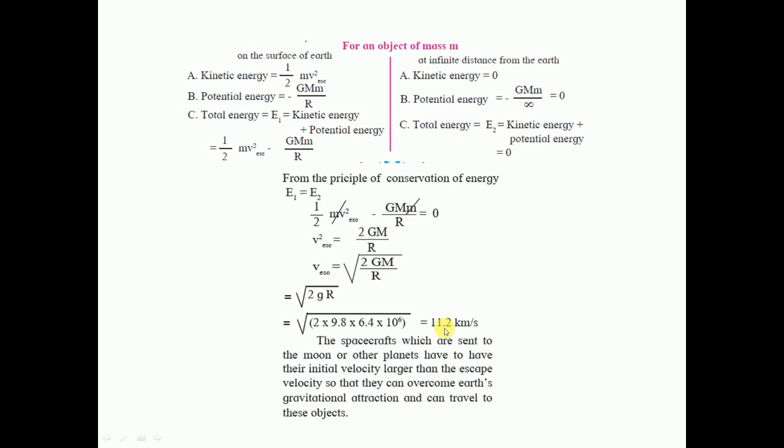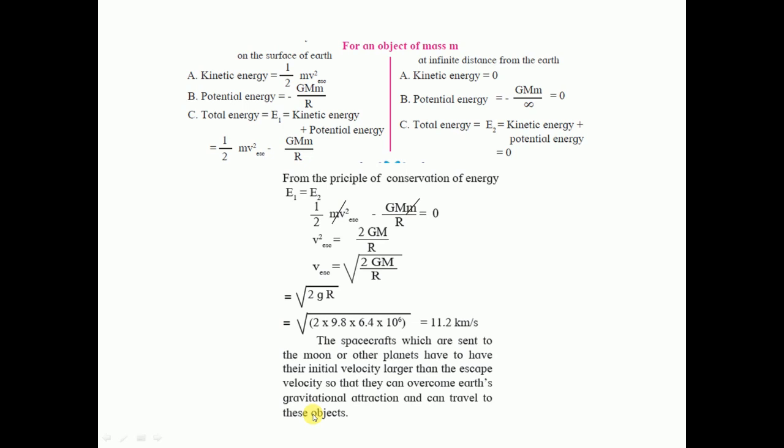So the spacecraft which are sent to the Moon or any other planet will have an initial velocity greater than the escape velocity, so that they overcome the Earth's gravitational attraction and can travel to these objects. So whenever we send a spacecraft to other planets or into the universe, the initial velocity should be greater than 11.2 kilometer per second, so they can easily escape